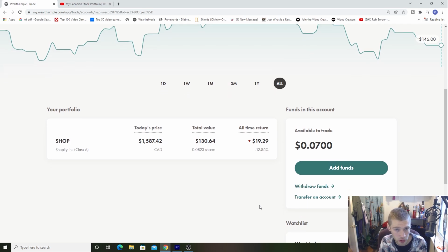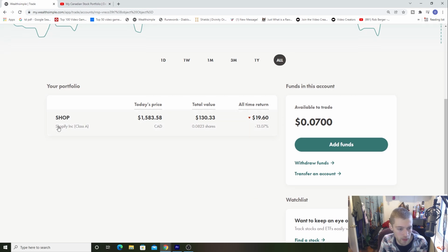I'm not going to go super crazy because I do want to enjoy my money as time goes on and as I get older. But you kind of want to take advantage of the RRSP because there are some tax benefits for it, especially if you're a higher income earner. But the only stock we hold is the Shopify stock. We've been focusing on growth stocks, so I eventually will probably add something like the S&P 500, some more growth-based stocks, but